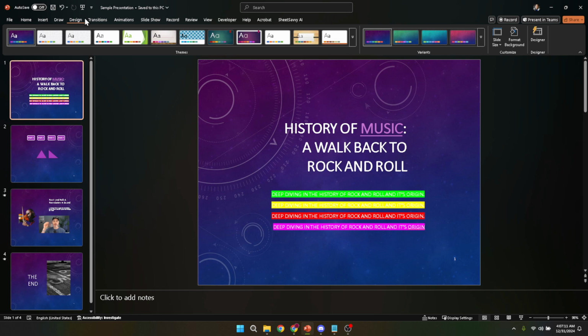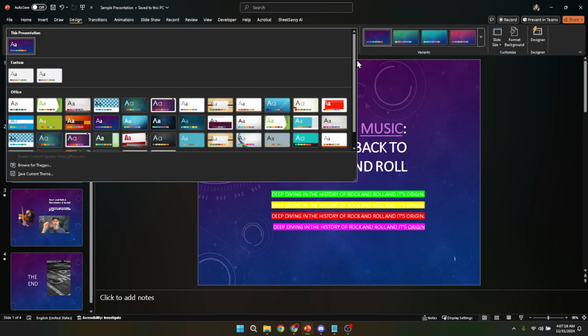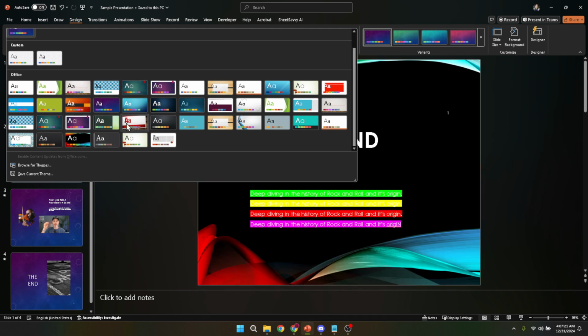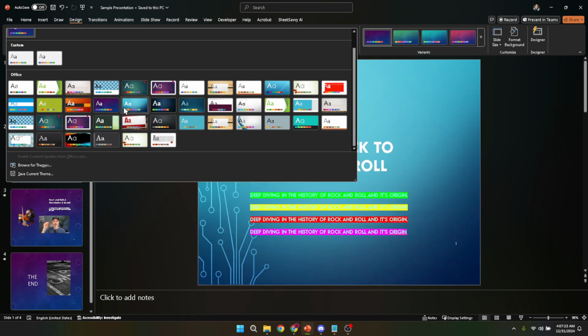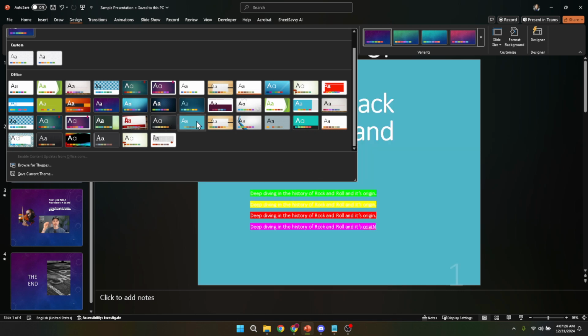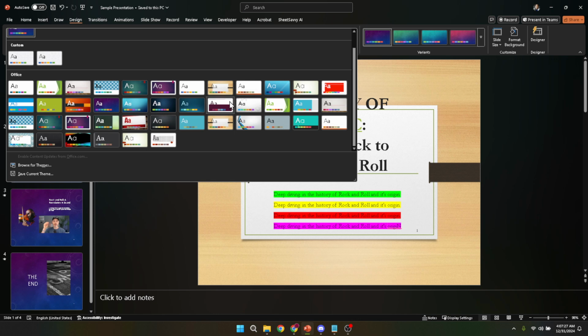These templates range from the reserved and professional to the colourful and creative, ensuring there's something that fits the tone and topic of your presentation. Looking through these choices, consider the message you're trying to convey and the audience you'll be presenting to. A good template complements your content, enhancing it without overwhelming it. Take your time to hover over different templates to get a preview of how they change the look of your slides. This preview feature is incredibly helpful as it allows you to experiment with different aesthetics without committing to any